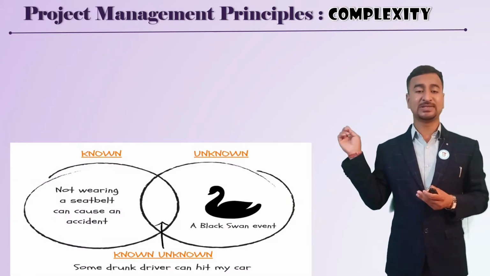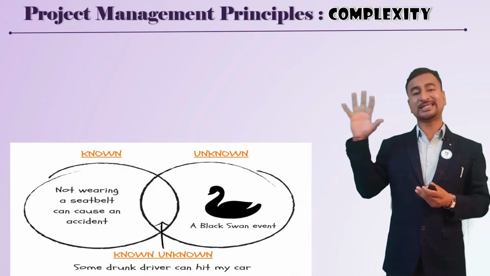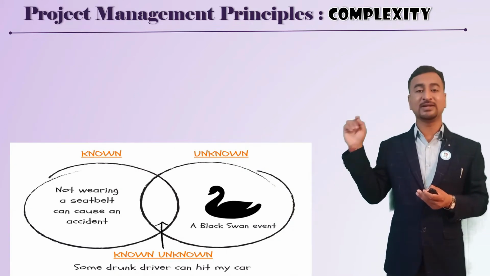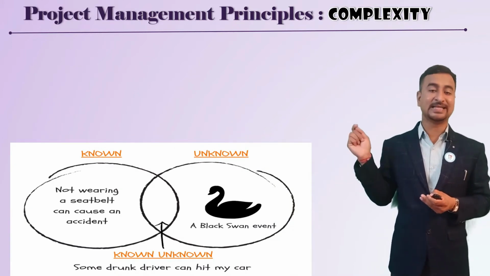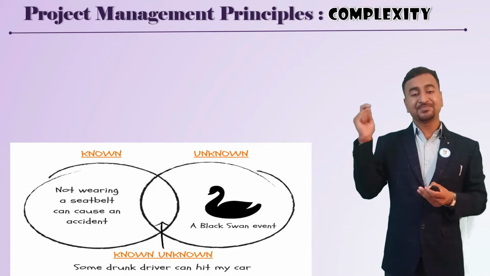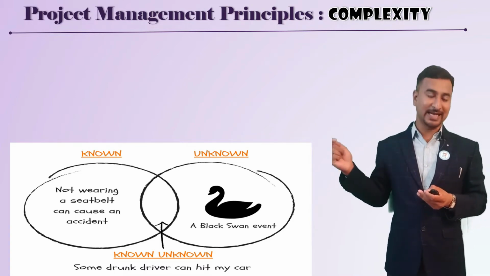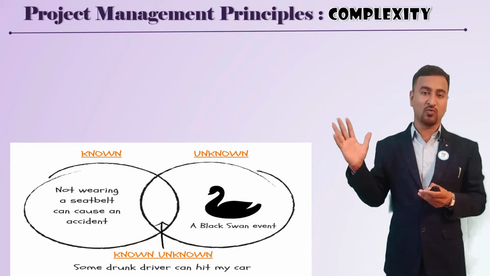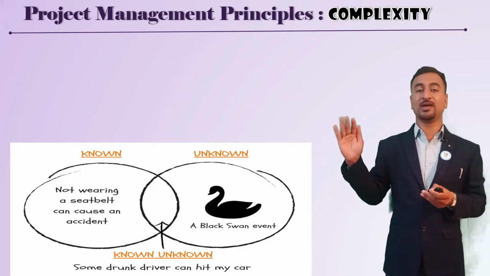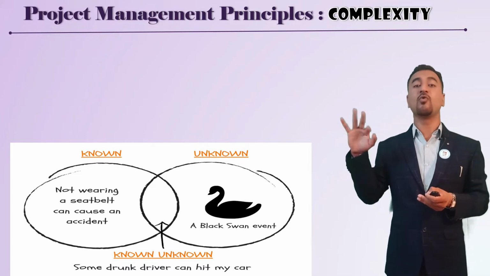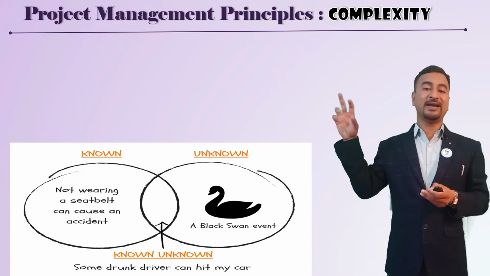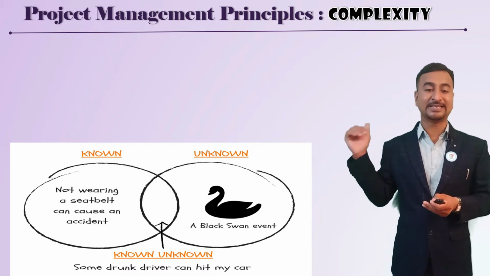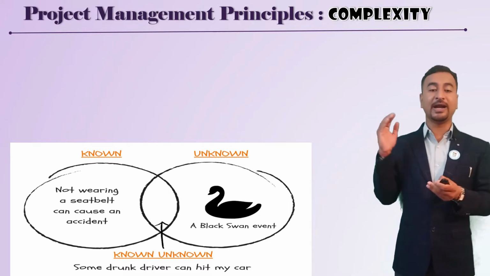So here, I say that there are known things and unknown things. A known thing, if I wanted to give an example, is that not wearing a seat belt can cause an accident, right? That is a fact that is known to you. What is the known unknown? In the Venn diagram, the intersection point says that some drunk driver can